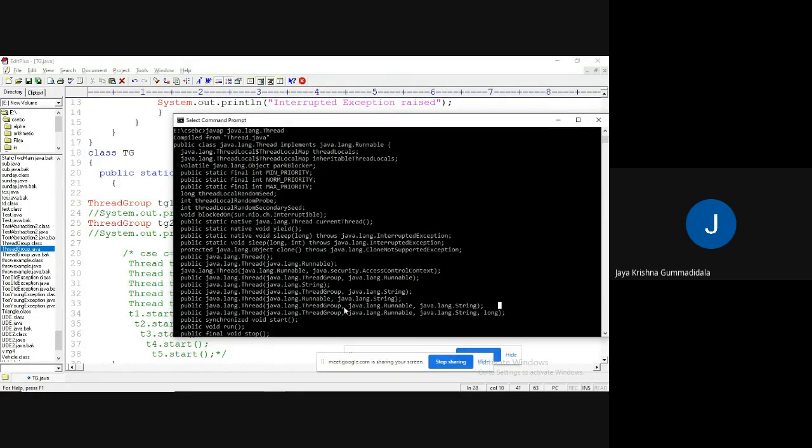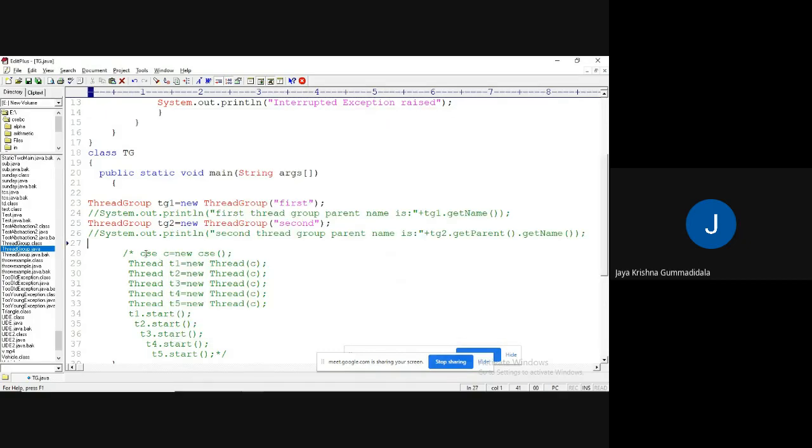So this constructor I will use here. This is for group name, the second parameter is runnable interface, and the third one is string name. Observe. So I have instantiated the thread groups.